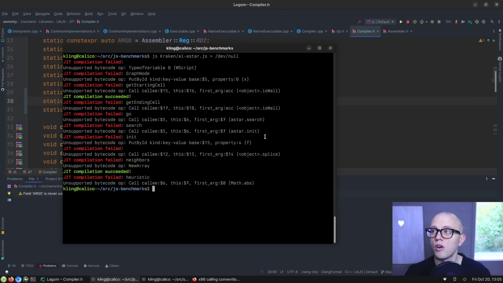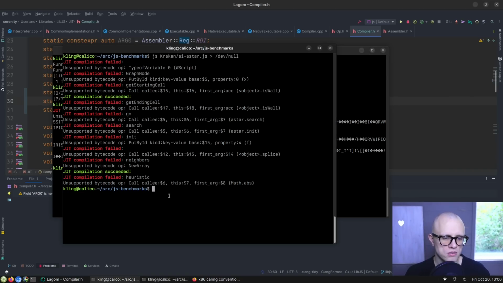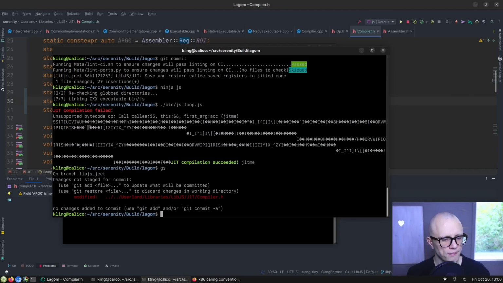So that whoever called the native code that we generated wasn't affected. If the C++ code that was calling into the JIT code was using any of those registers, it wouldn't be cool for our JIT code to just step on them and change their values. So we didn't save and restore those before because we didn't use any callee-saved registers, but now that we do,